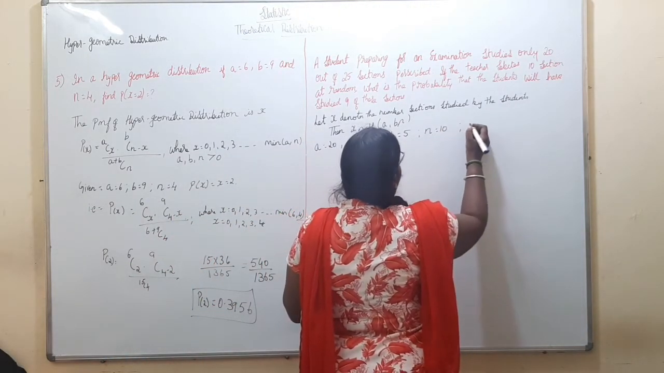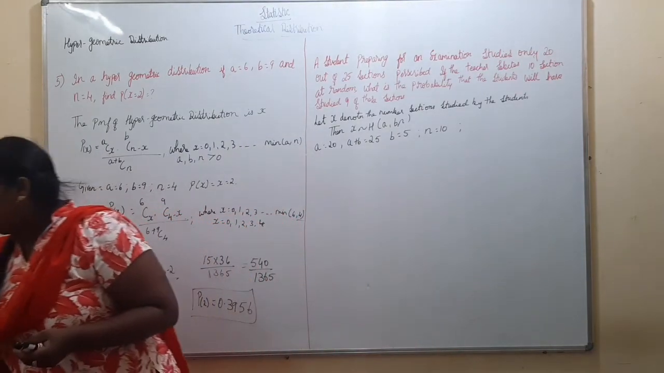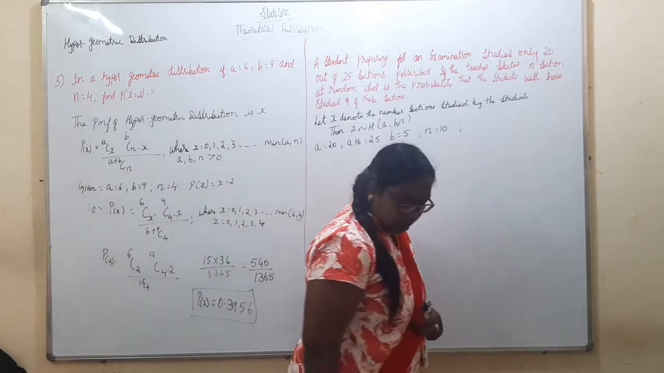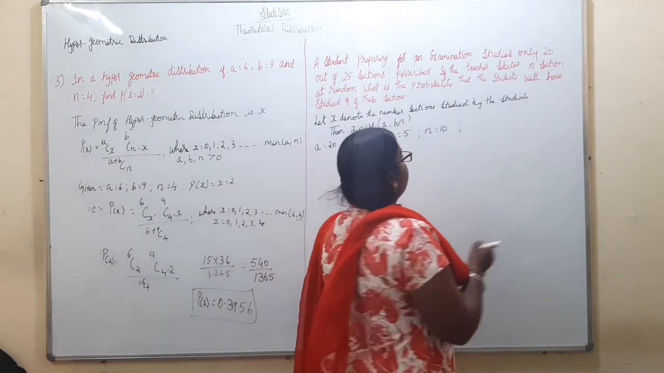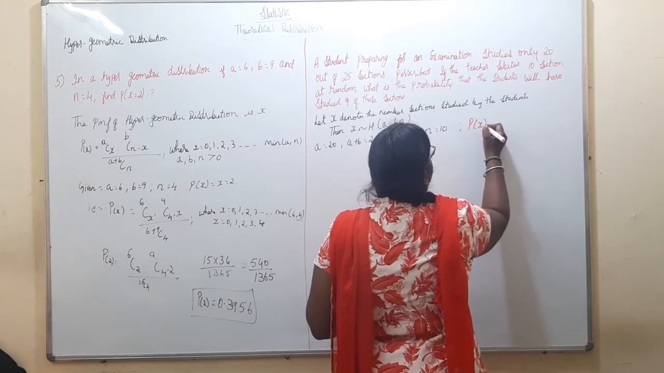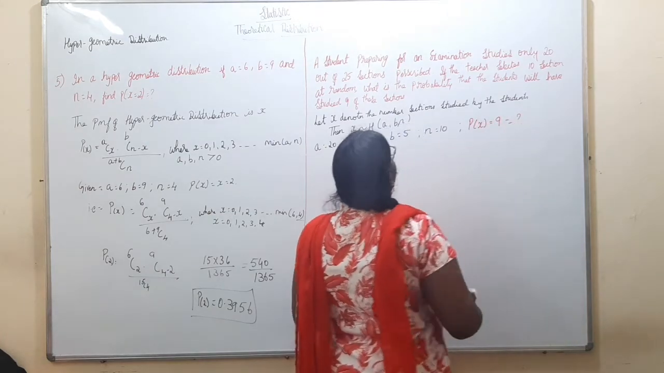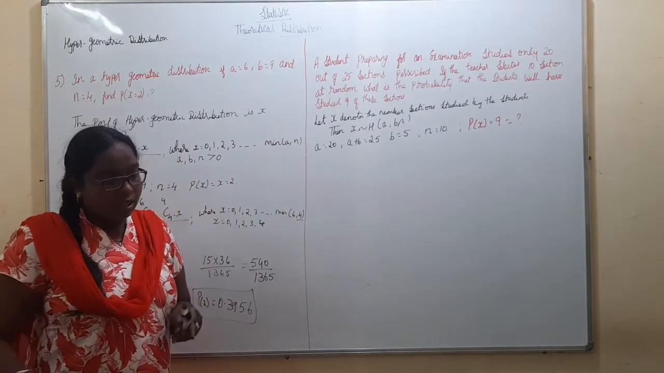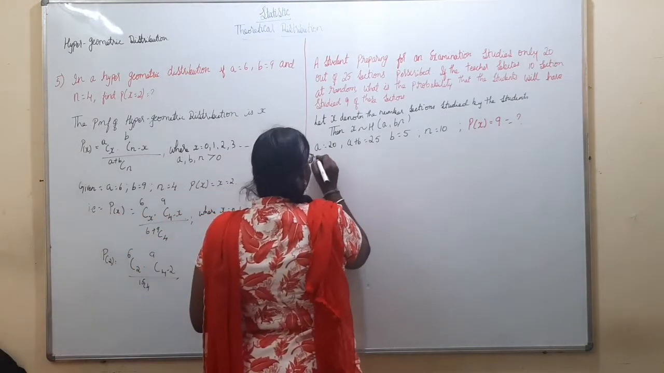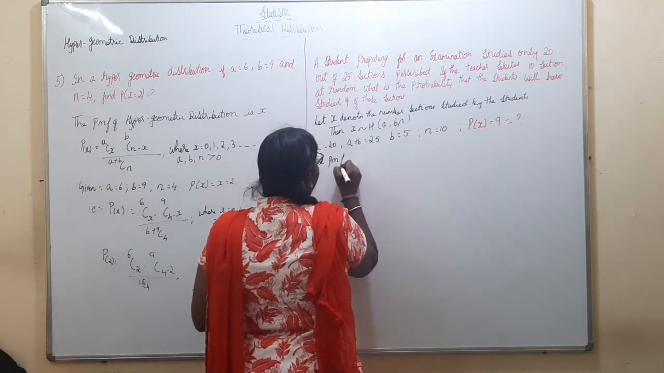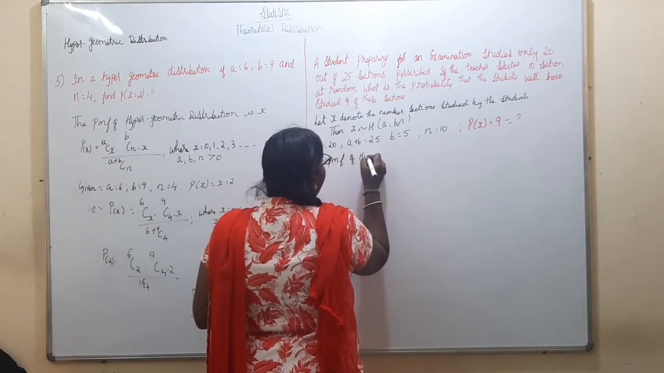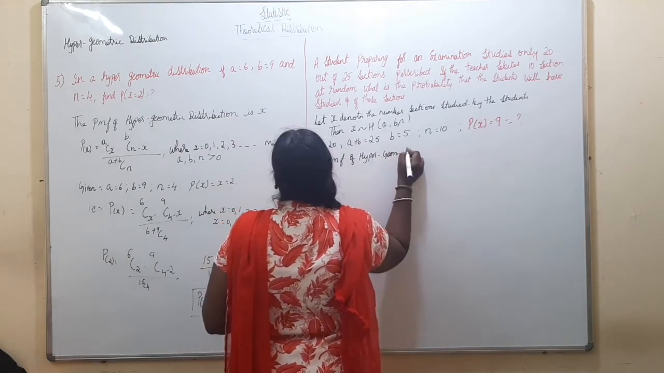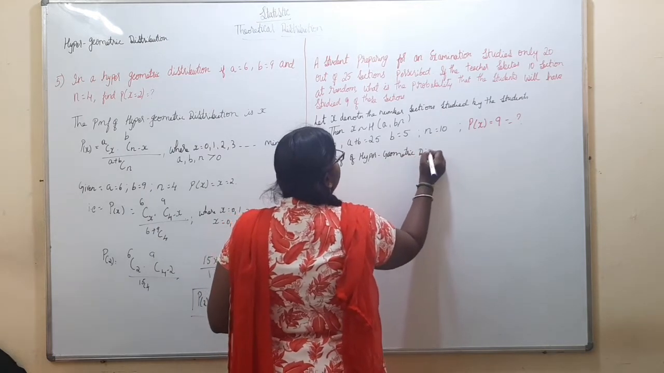What do we need to find here? I need to find P of X equals 9. I need to find out the sections that he needs to study, the 9 sections. Then the probability mass function of the hypergeometric distribution